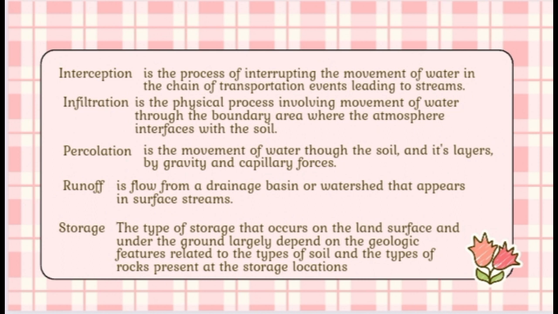Stream channels can be in contact with an unconfined aquifer that approaches the ground surface. Water may move from the ground into the stream or vice versa depending on the relative water level. Groundwater discharge into a stream forms the base flow of the stream